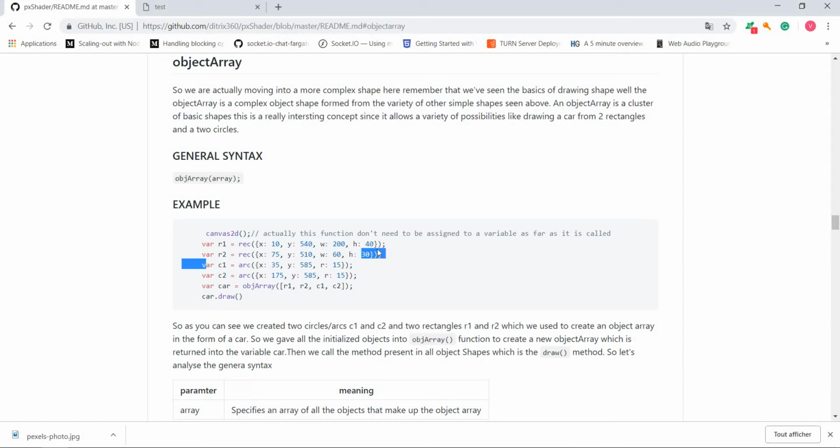We have R2, which is still a rectangle. You have C1, which is a circle, and we have C2, which is also a circle, and we have a car. We have variable car, which is an object array of R1, R2, C1, C2, and you have car.draw. So let's copy this example